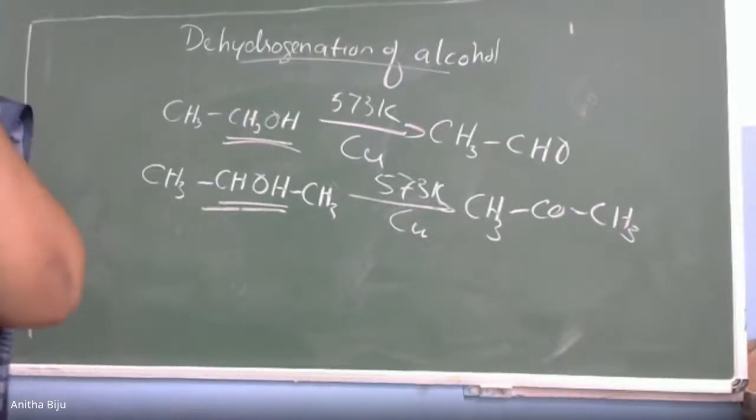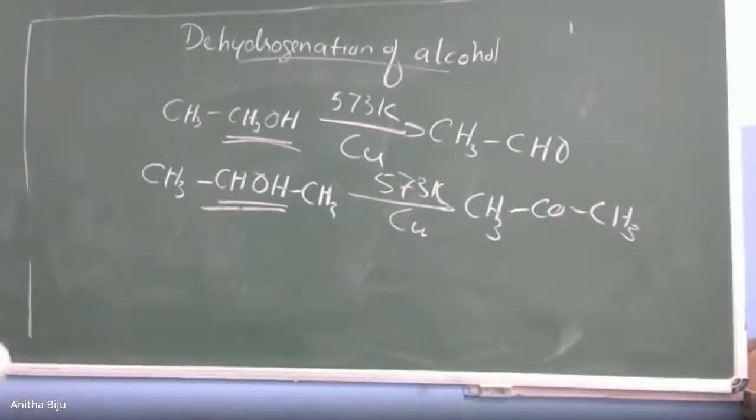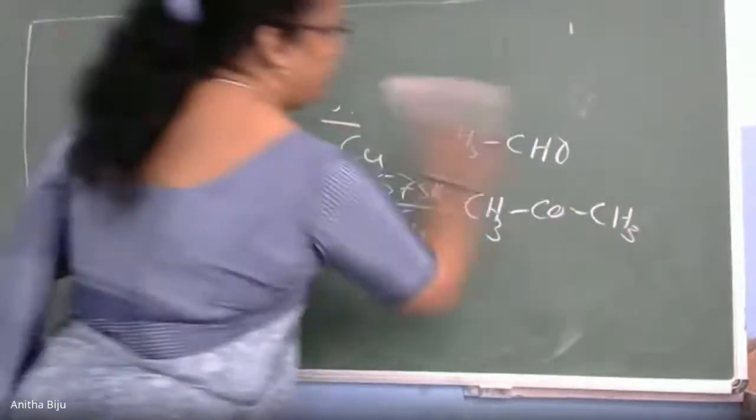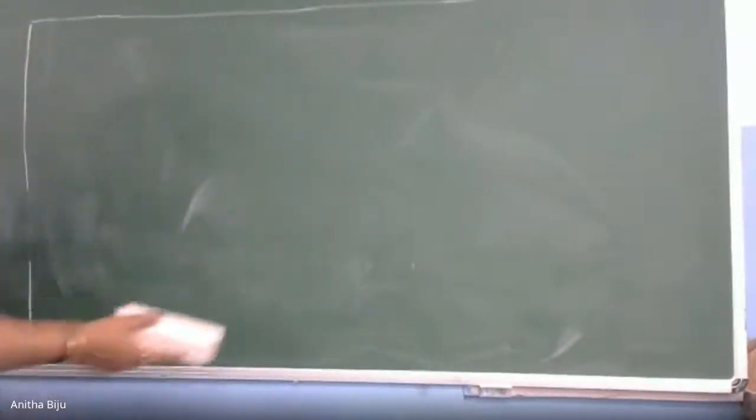It is not alcohol, it is from hydrocarbon. This is also repetition of 11th class. Maybe some of you can remember it. I will explain when you can say whether you remember or not. Here we can prepare it from an alkene. Alkene means a double bond must be there in the substrate. Substrate means a reactant.